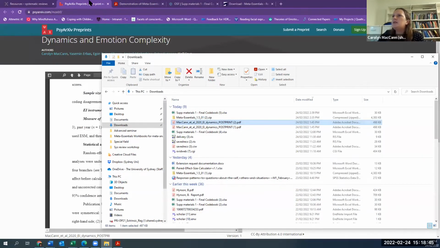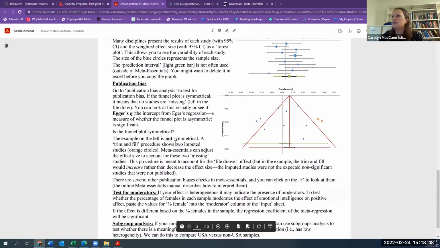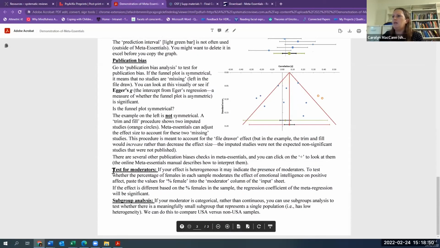So I'm going to go back to our demonstration of Meta Essentials and talk about tests for moderators and subgroup analyses. So if you have a large amount of heterogeneity in your data, it's highly likely that there are moderators that you're